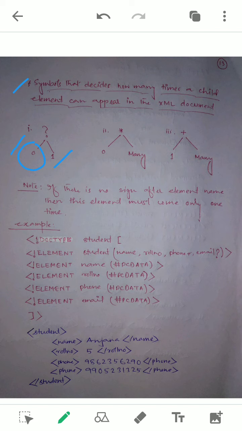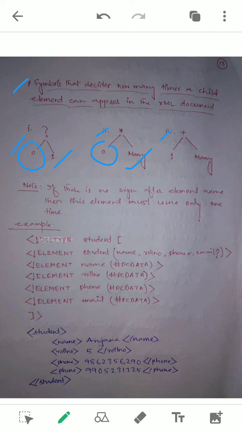If it is given star, it may not come, like the question mark. You can omit this element as well if there is a star after the element name. But 0 also means 0 times, or it may come many times. So many times it may come, 1, 2, 3, 4, infinite times it may also come.